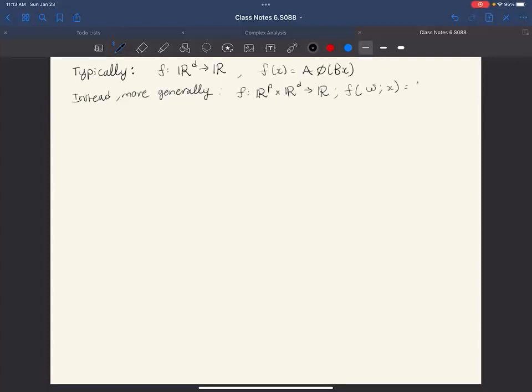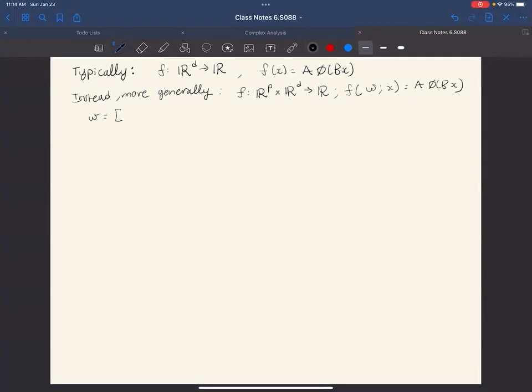And this is just phi of Bx again. Nothing has changed. It's still the same neural network. So this is so far just a pedantic notation change. But here what I'm going to do is I'm going to call my w